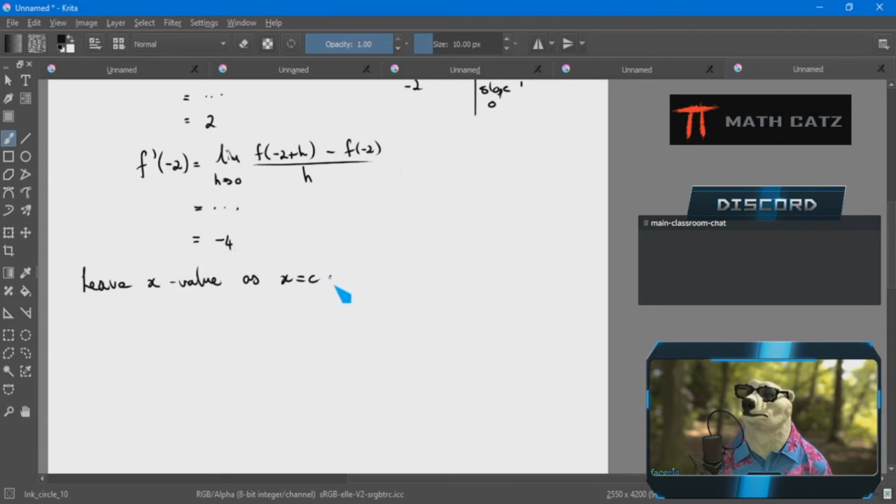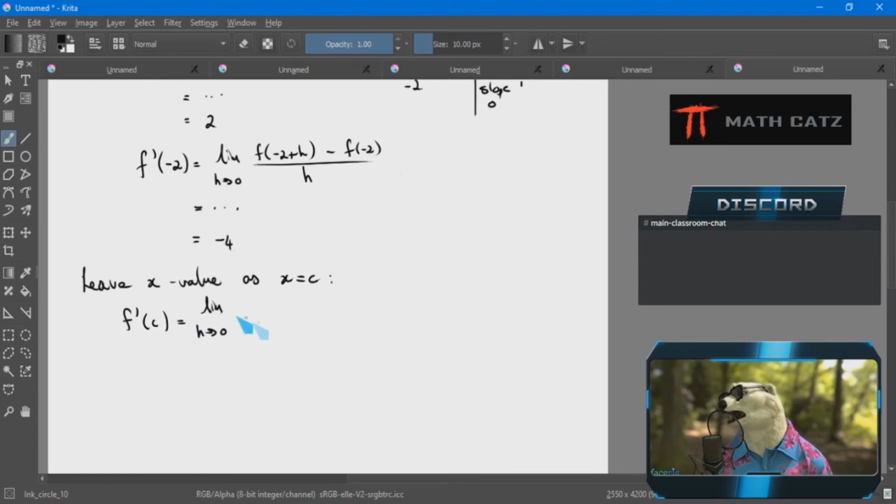Don't pick a specific number. And then ask, what is the derivative at c? Sort of trying to come up with a formula, if you will, that if you want the x value to be 0, I'll plug it in. If you want it to be 1, if you want it to be negative 2, if you want it to be anything,